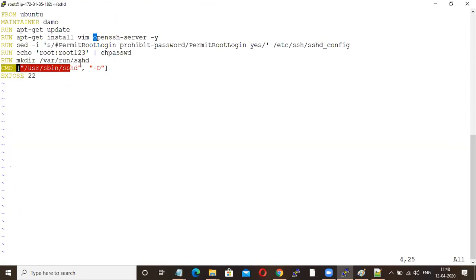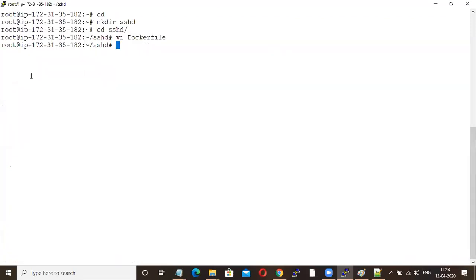This is the command to start your SSH server, and I'm exposing port number 22. So I'm saving this file.